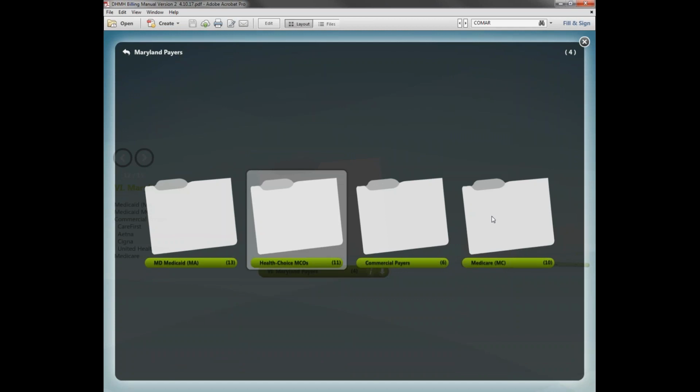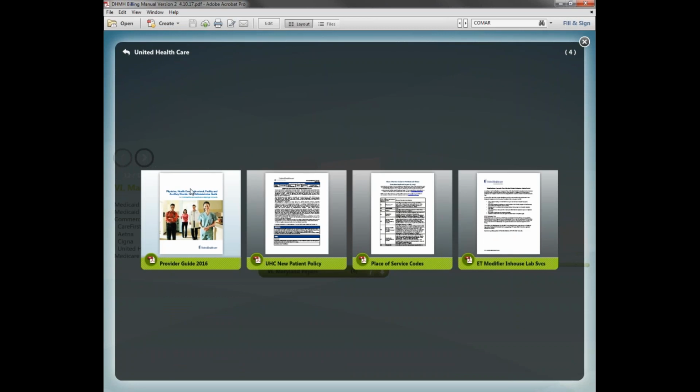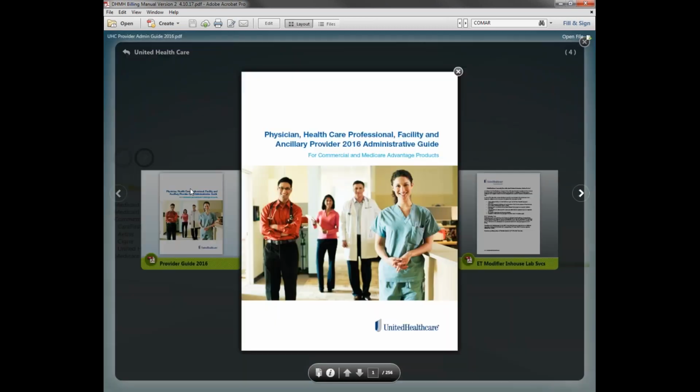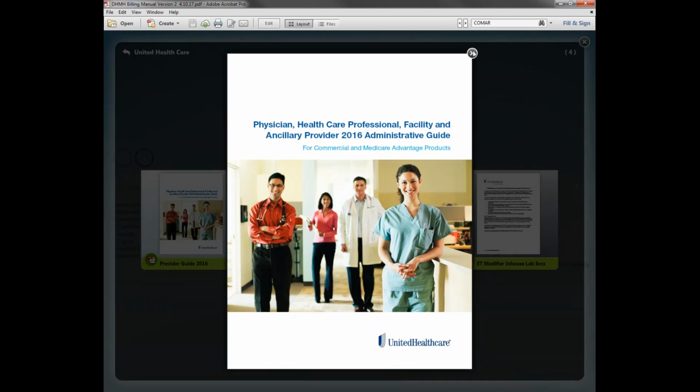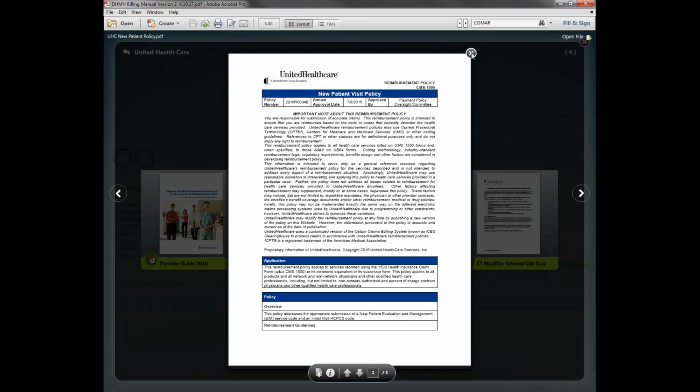I know that was a lot of information, but now we have commercial payers, and we have United Healthcare, whose products for the commercial side are different. Again, we have their manual, their new patient policies,